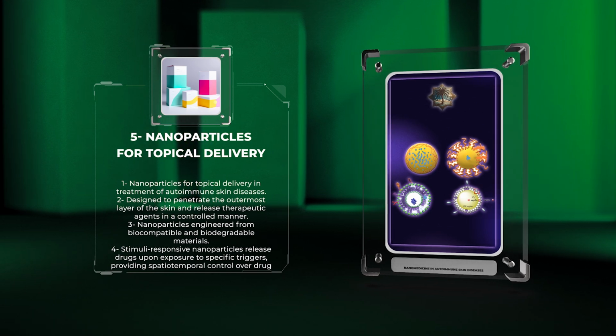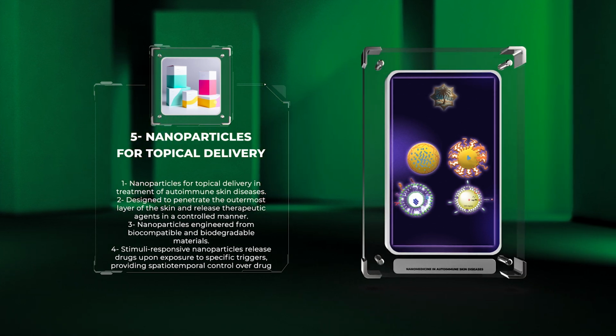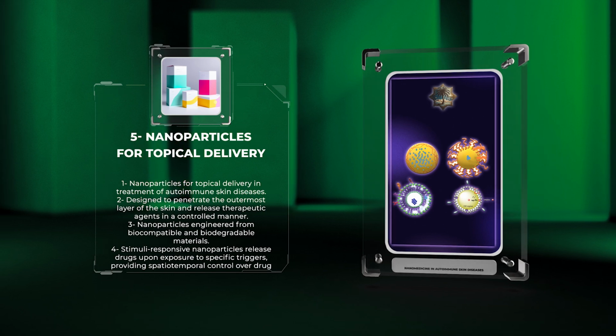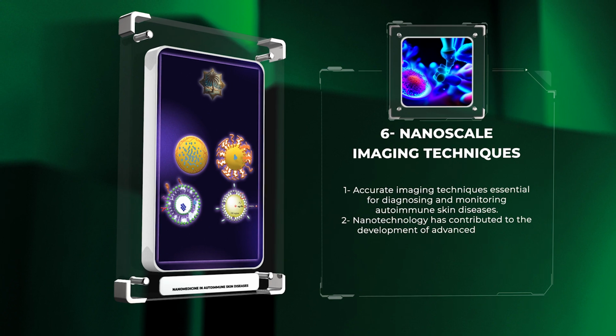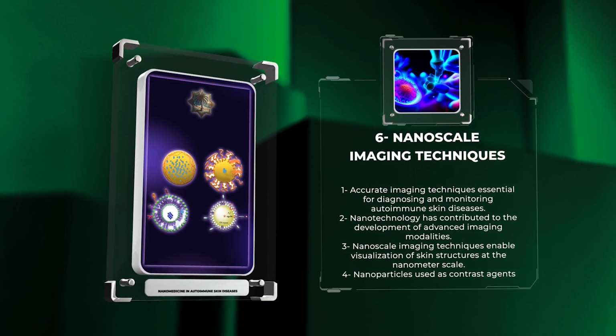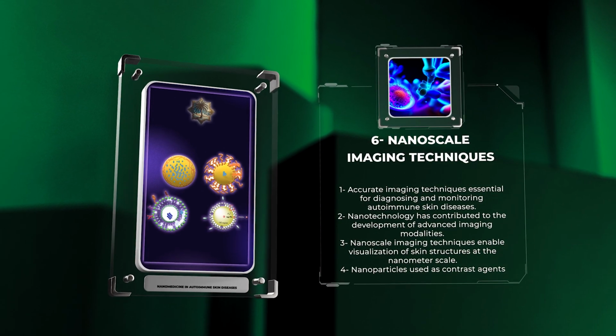Additionally, stimuli-responsive nanoparticles release drugs upon exposure to specific triggers, such as pH or temperature changes, providing spatiotemporal control over drug release. Accurate imaging techniques are essential for diagnosing and monitoring autoimmune skin diseases. Nanotechnology has contributed to the development of advanced imaging modalities with enhanced spatial resolution and contrast for precise characterization of